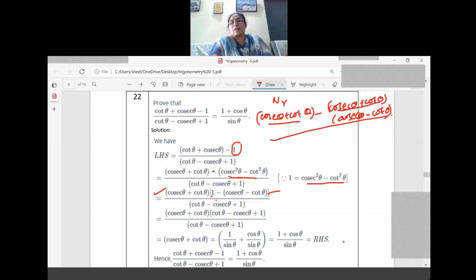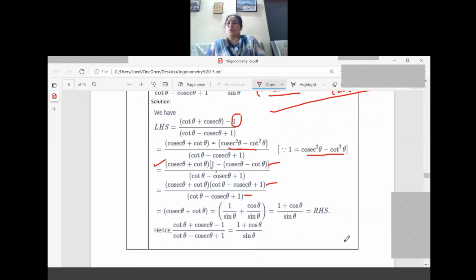Now, what is the next step? Expand with the minus sign: 1 minus cosec theta plus cot theta only. We have expanded the bracket. Now, cosec and cot we are keeping like this. Now, check these two brackets. Sign of each term: what is the sign for cot? I am talking about the numerator brackets only. Cot is positive. And what about the cosec? Cosec is negative and 1 is positive only. So these two terms will get cancelled. So what is remaining there? Only we will get cosec theta plus cot theta only.